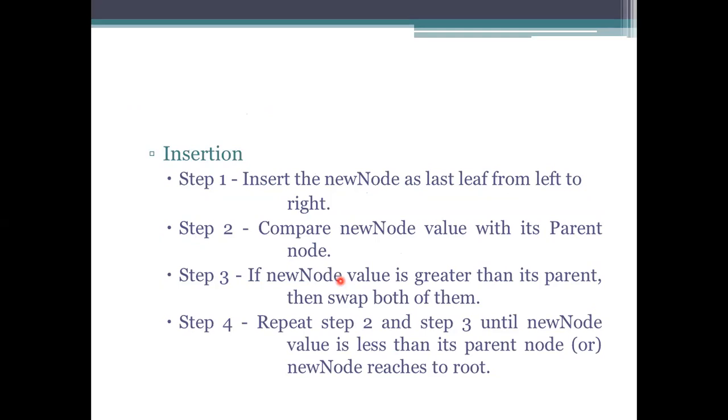How am I going to insert an element if it is a maximum heap? Okay. So here, first of all, we will start the node insertion as a leaf node. Leaf node means the one at the last position, which has to be added from left to right. If it is insertion, I am not talking about creation, but insertion. Creation means first we take the elements.